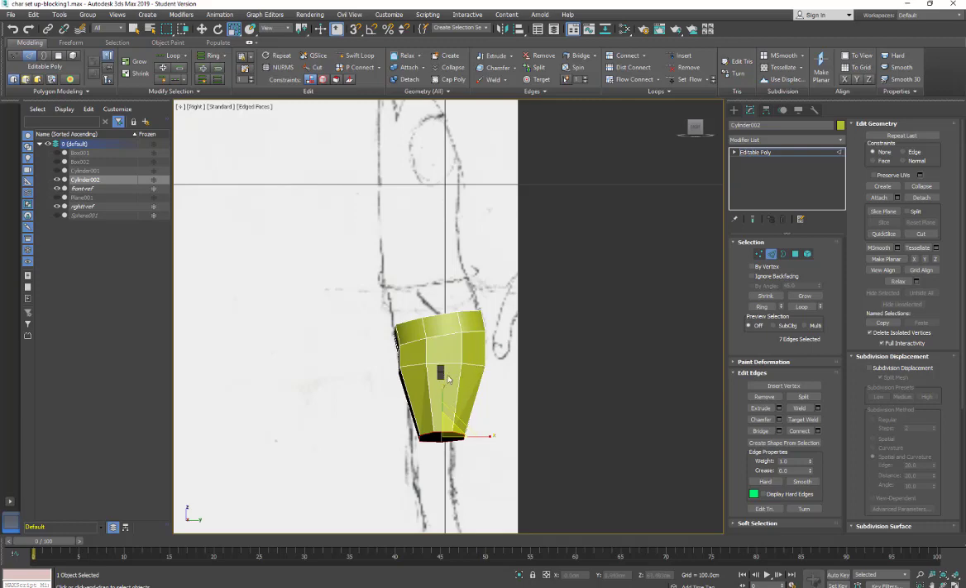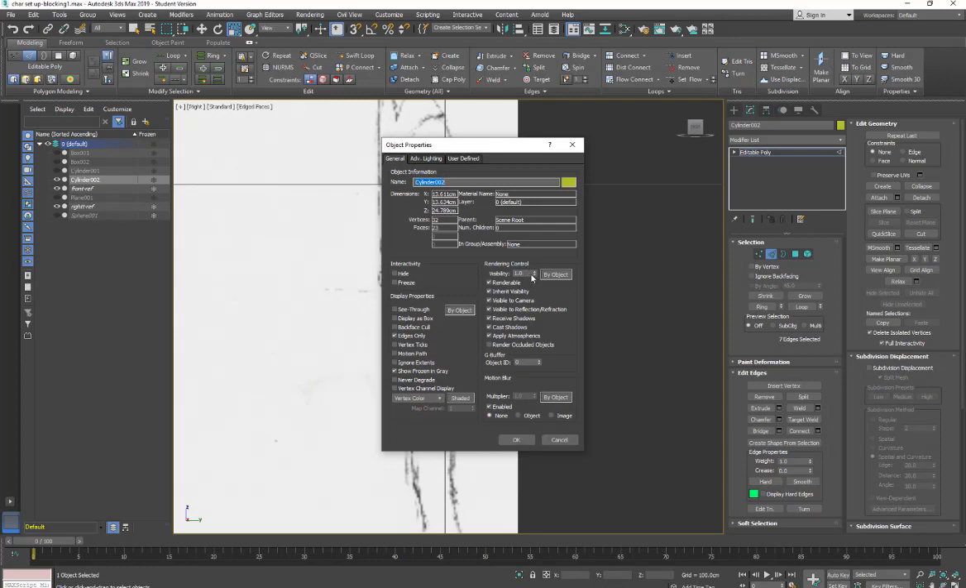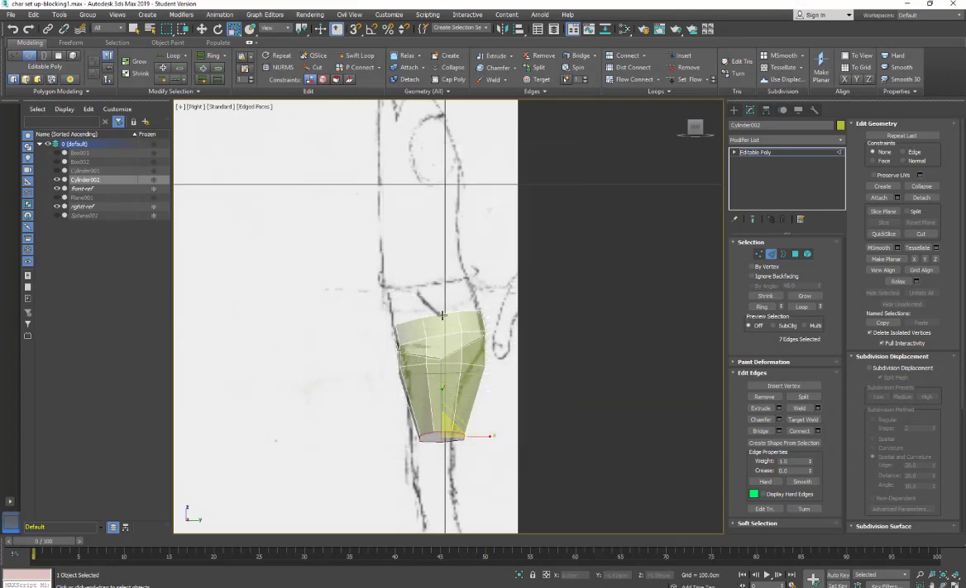I can't see through my object, so I'm going to right click, go to Object Properties, and just go down to 0.5, and that's going to give me some transparency. And now I can see where I need to adjust this edge loop for getting more of the back of the butt to match up. I may want to put another support loop in, but for right now I'm just going to go in and grab